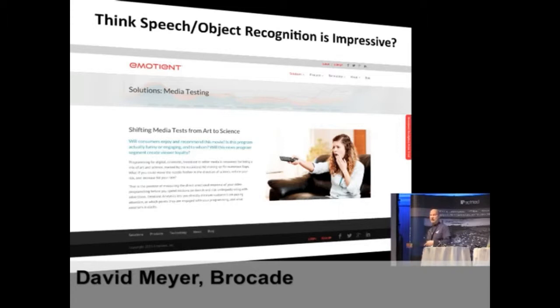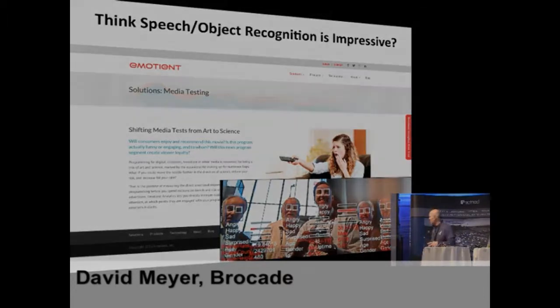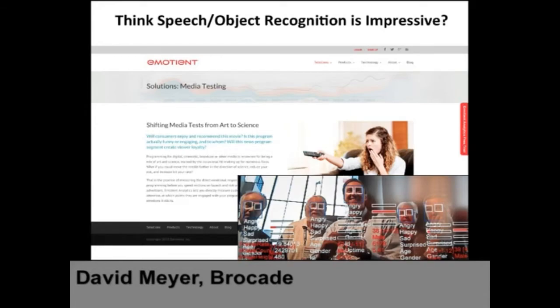There's a bunch of these companies that use this technology to try to determine people's emotional state, right? That's why the company's called Emotion, right? And what they do, here's what they do. They use the image recognition technology, same stuff your car is using, same stuff your network's going to use, by the way, eventually. And they can tell if people are happy, sad, surprised, angry, whatever, with some probability. You might think, well, that's a little creepy, and it is, but that's what's going on.